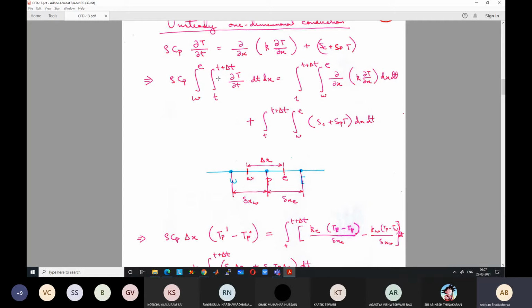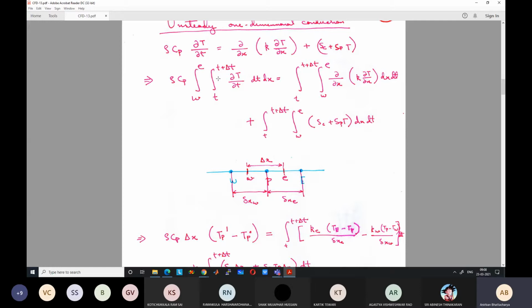And similarly for the implicit method, we can take larger time steps, however the formulation is difficult and the solution of equations is difficult because you have to solve all the equations together. In the explicit method, we can just solve in a time marching manner. Okay. What was the main difference between explicit and implicit method?